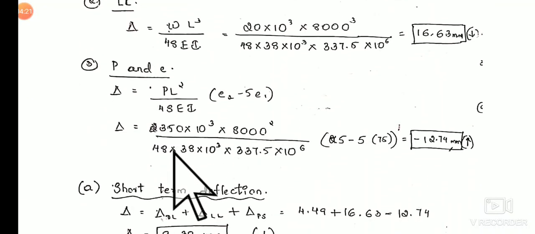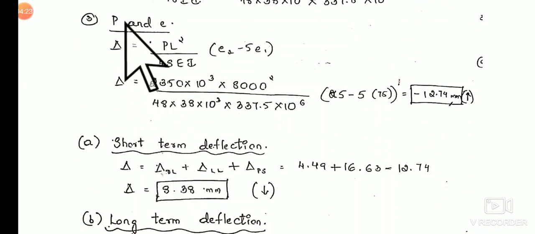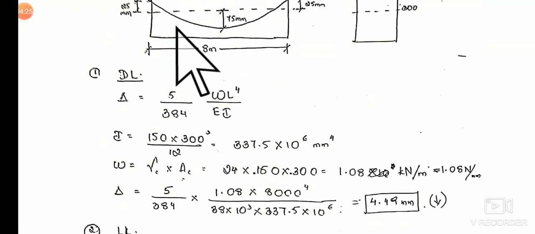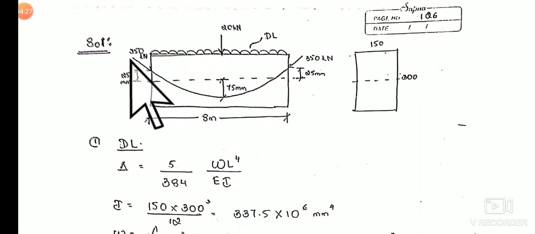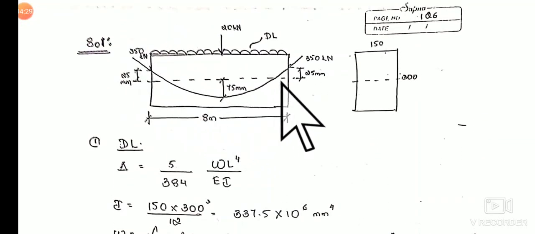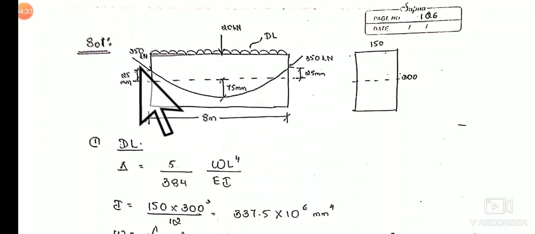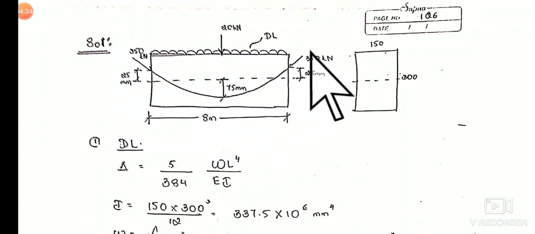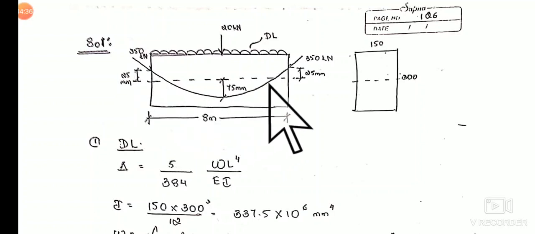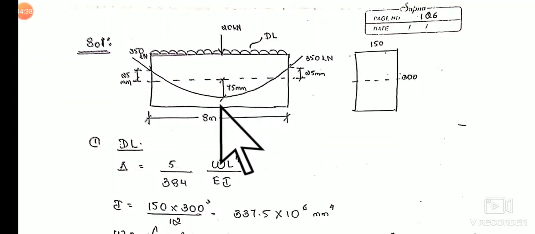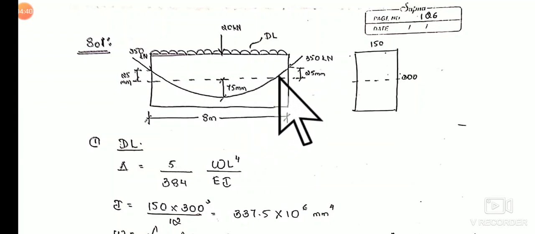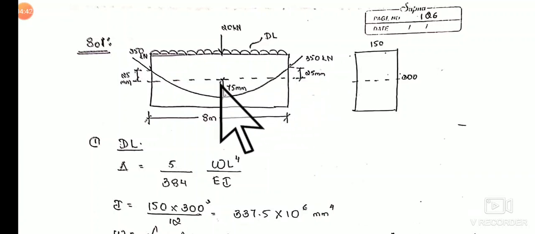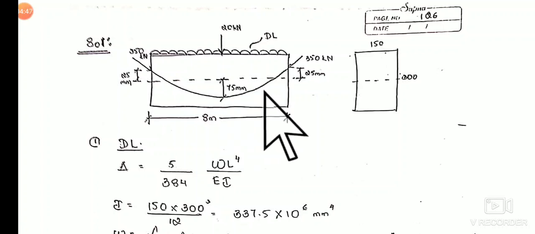Now we shall take up the deflection due to pre-stressing force and eccentricity. While calculating the deflection due to pre-stressing force and eccentricity, we need to look at the cable profile to choose the problem. Say this is the type of cable profile which is having eccentricity at both midspan as well as at the supports. At the midspan the eccentricity is below the neutral axis, and at the supports the eccentricity is above the centroidal axis of the concrete.